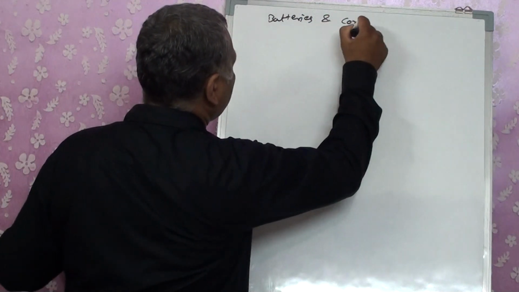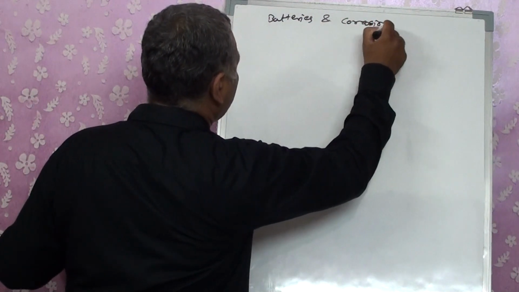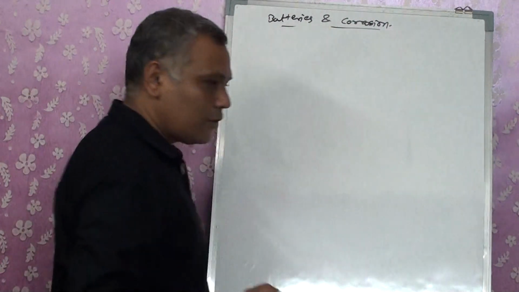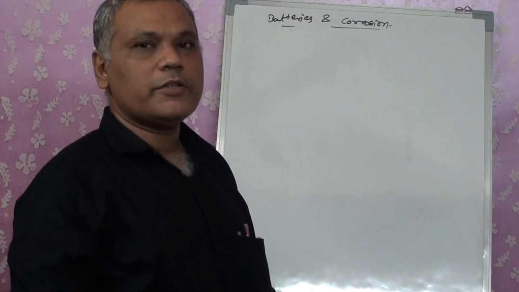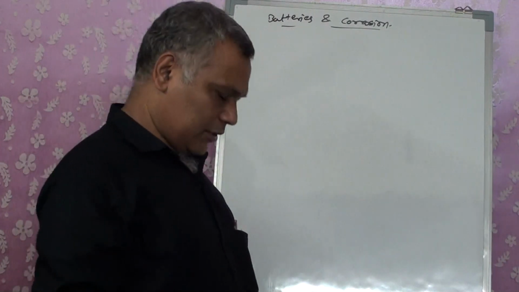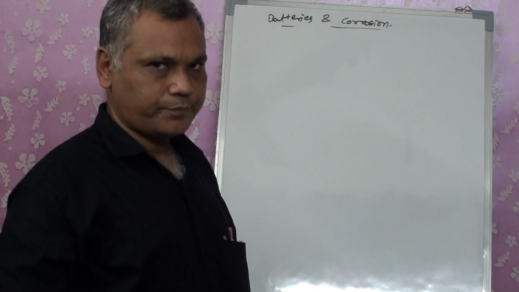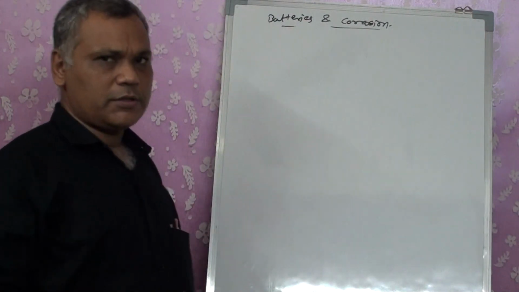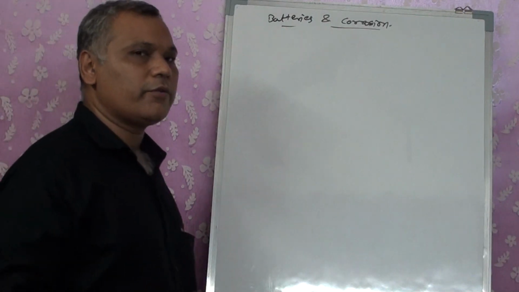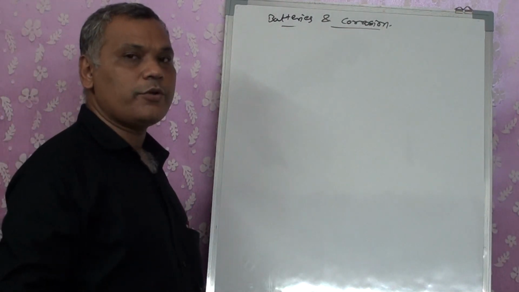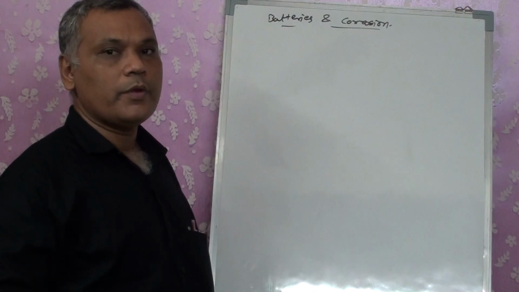and corrosion. We have it as two parts in our fourth chapter. One we will study about the batteries, one we will study about the corrosion. Now this is a completely theoretical portion, right? Most important is, again, like previously in all the lectures, writing the reaction is going to be very important for you, right?